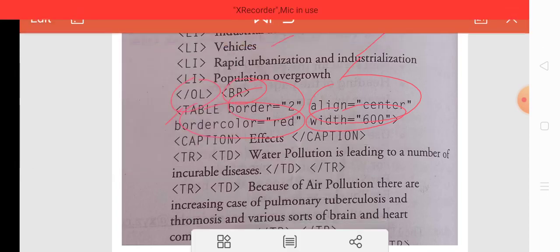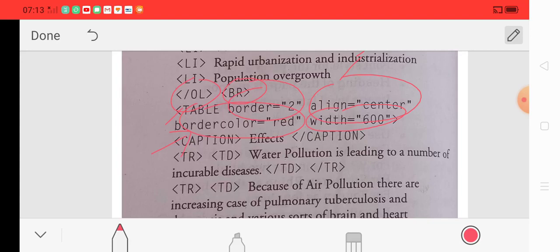The table has a heading, and that heading is represented by th. After that there are certain rows, which are represented by the tr tag, and the content of the table is represented using the td tag. So td represents what?